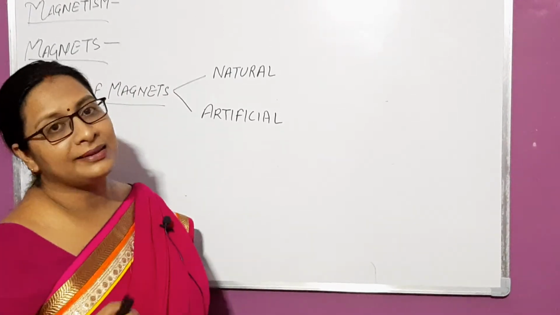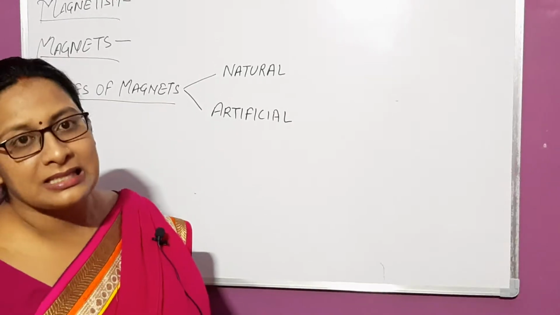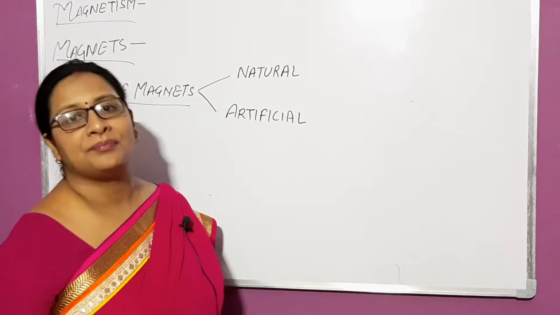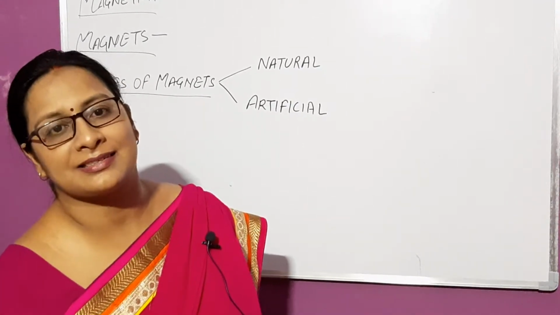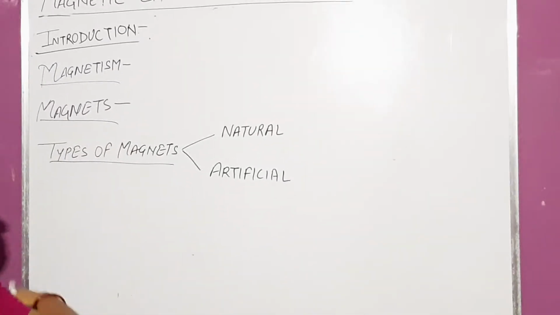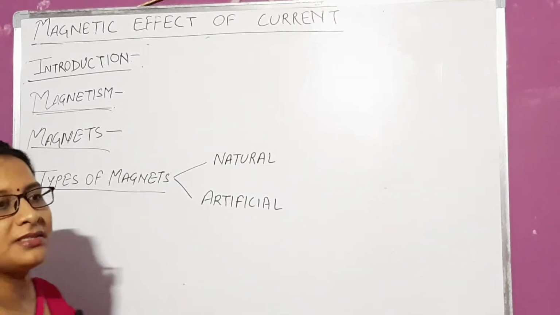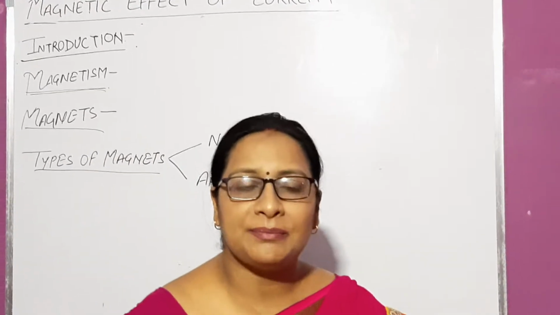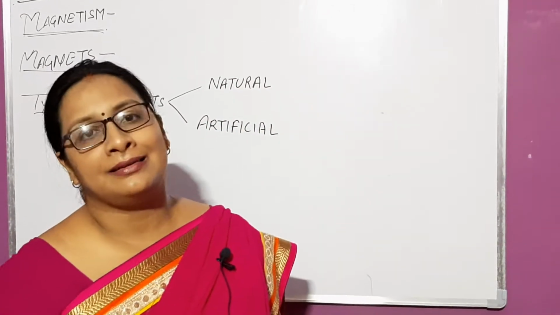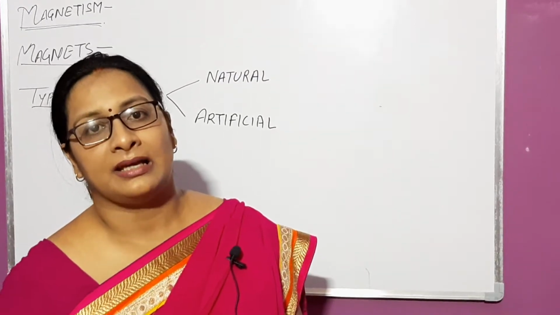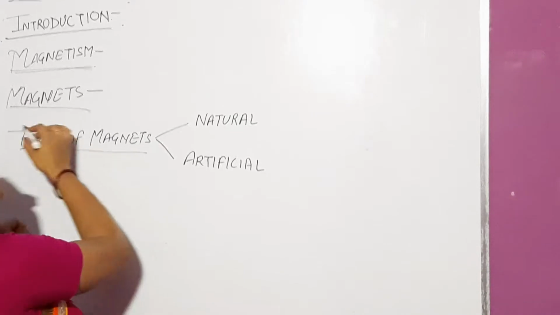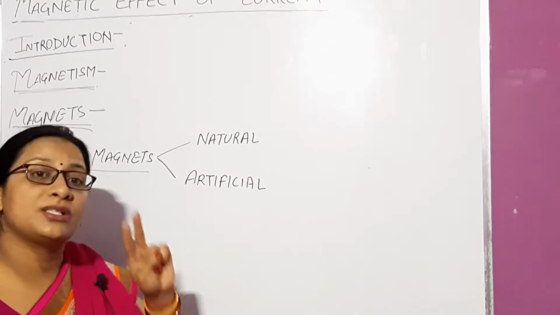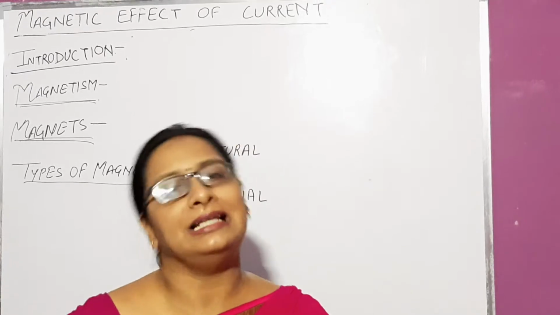But before discussing all these things, first we'll discuss magnetism, magnets, magnetic field and the properties of magnetic field lines. Children, magnetism is a property of a substance to attract magnetic materials like iron, nickel and cobalt. This attractive property of a substance is called magnetism. And a magnet is a substance which has two properties, attractive property and directive property.